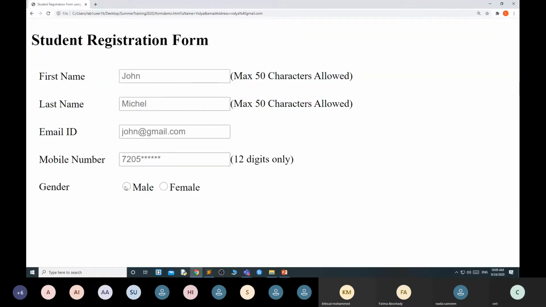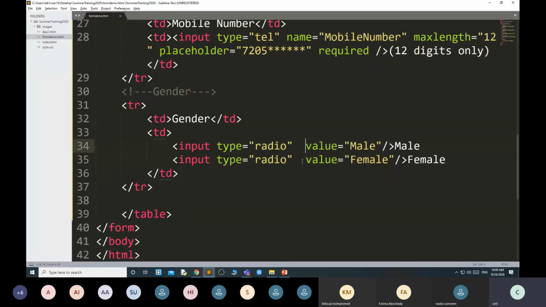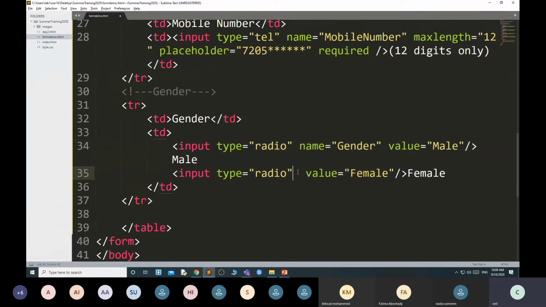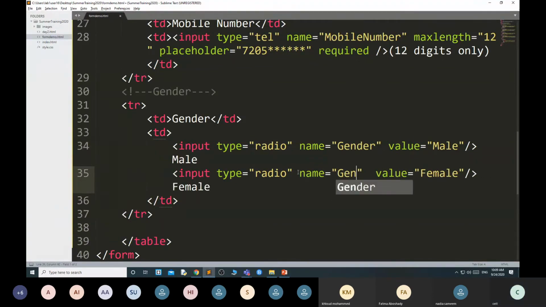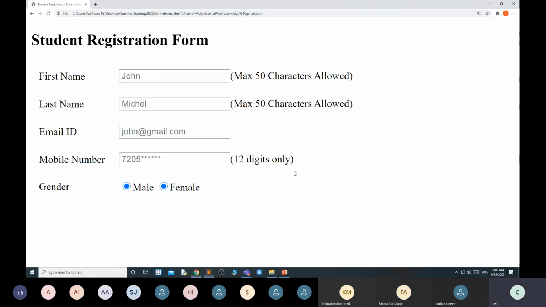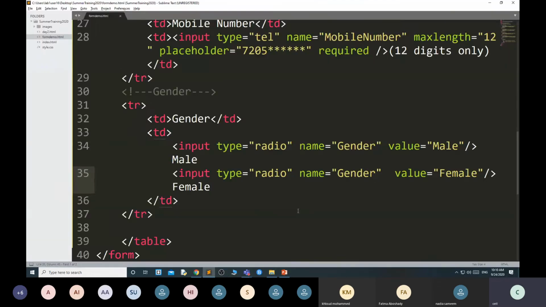Now, see, you can select both the radio buttons because now this is not mutually exclusive. How will it become mutually exclusive? When both have the common group, like both having the same name or same radio group. Okay. Here I am using the same name. So that it becomes mutually exclusive. Only one can be selected at a single time.